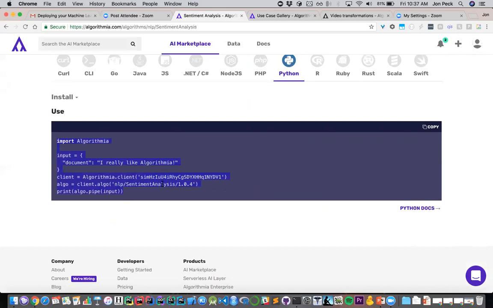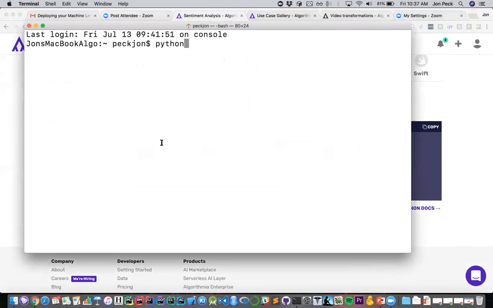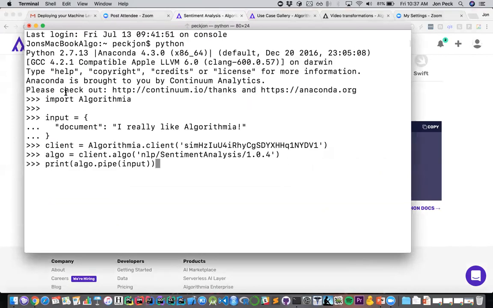I'll just demonstrate that this actually works by copying this Python right here, heading over to a Python console, and simply pasting that right in. So I import Algorithmia. This is just pip install Algorithmia, by the way, to pull down the Algorithmia wrappers. Again, everything's a JSON API, so I could just call it from REST, but importing Algorithmia makes it possible for me to use this syntax, which is really easy, where I generate my input document,